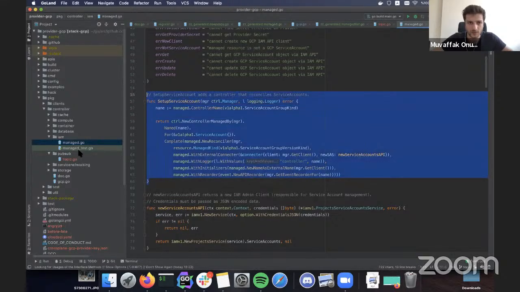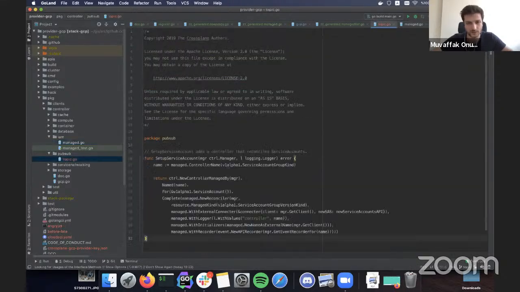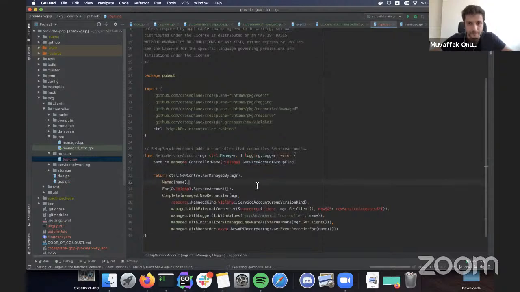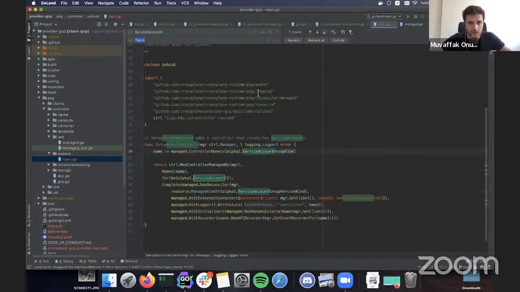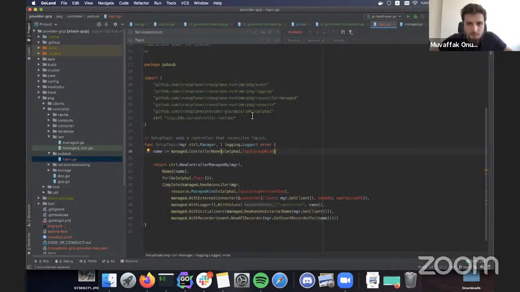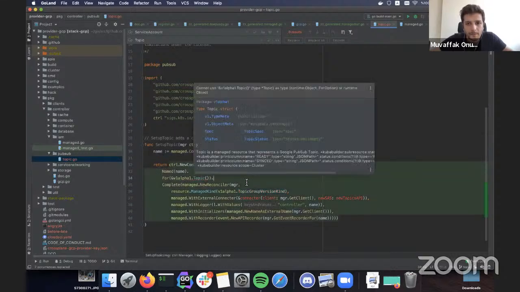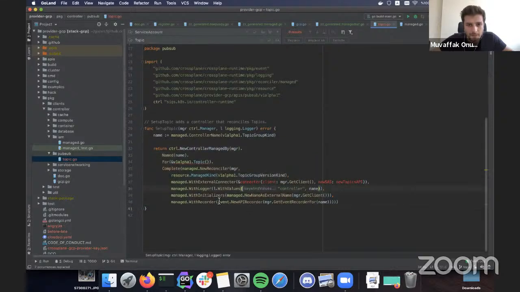We will just copy this function for now and edit it. Cool. So let's go over it, and we can just say service account to topic, replace all. Some of the things will work, some will not. This will fix a few things.